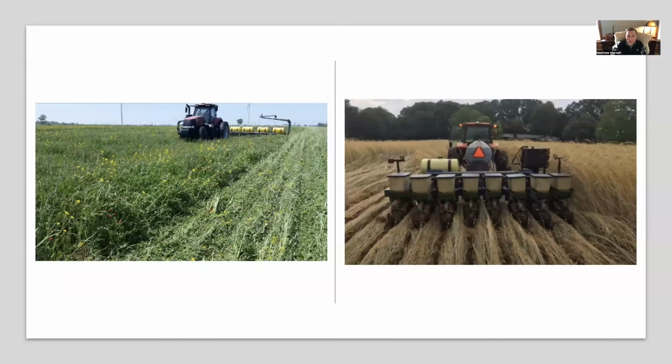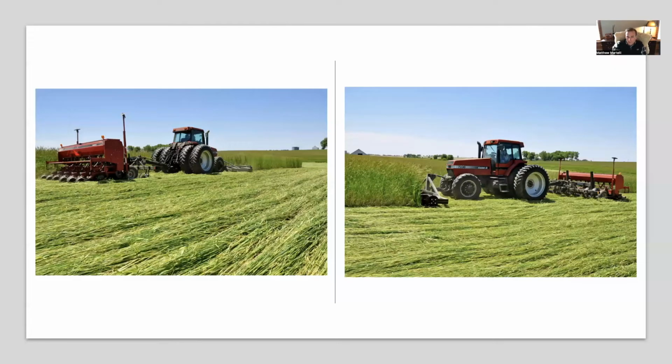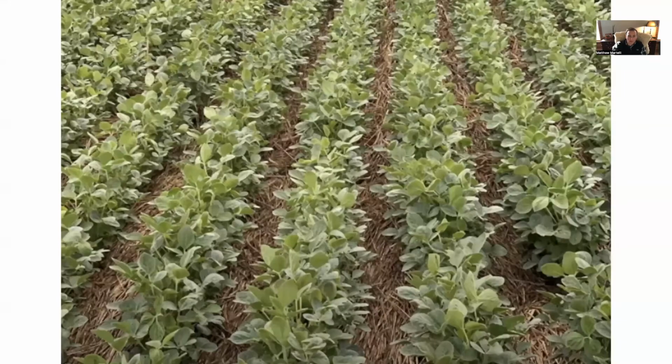And so these are guys that are no-till planting into standing cover crops. It can be done on tremendous scale like this. This guy's no-till planting right into a standing winter cover crop. Sometimes a roller crimper is used to terminate it. Sometimes it's just allowed to terminate on its own. And what that does is that provides a mat on the surface for like a mulch. So when the crop comes up, the cash crop comes up, water is retained. There's no bare soil. That all that residue is available for microbes to digest and then make the nutrients in the plant available to